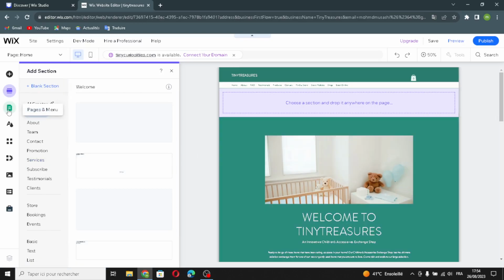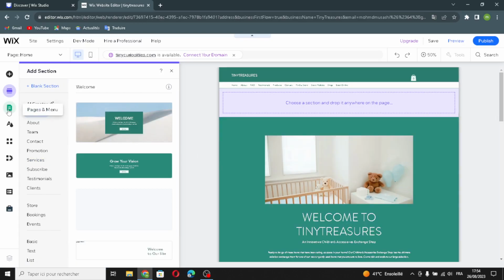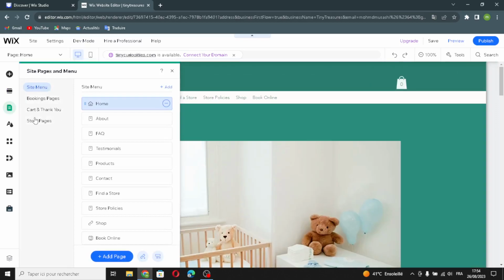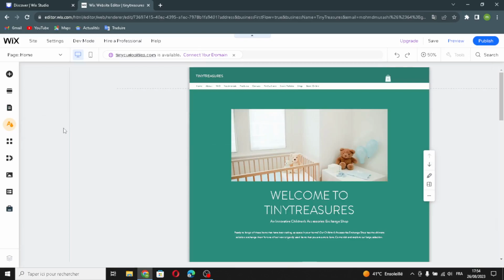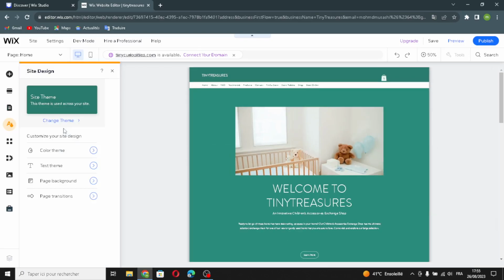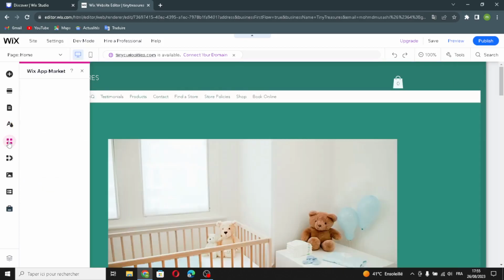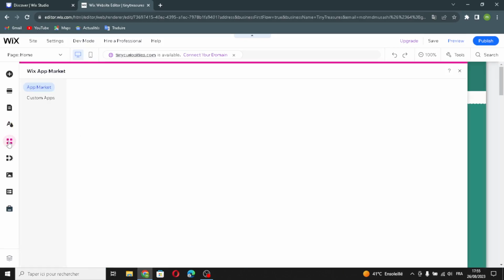If you want to add some pages and menu, click here. Here you can select any page and menu you want. If you want to design your site, you can customize your site design. You can edit the color theme or the text theme, the page background, or the page transitions. So here if you want to add some apps, here if you want to manage business,